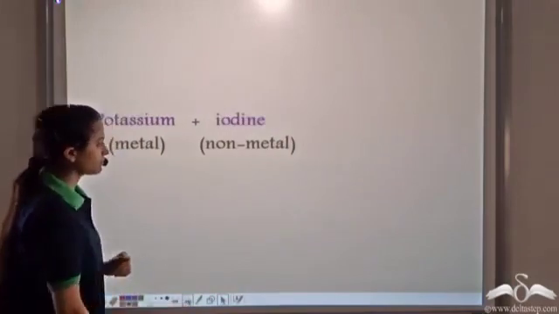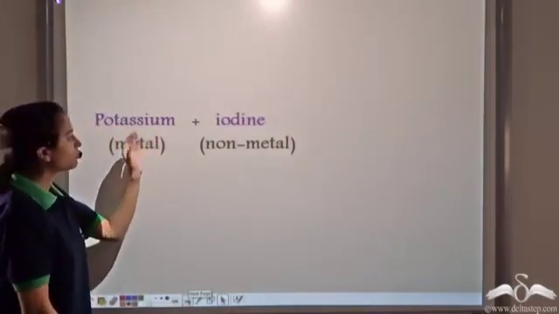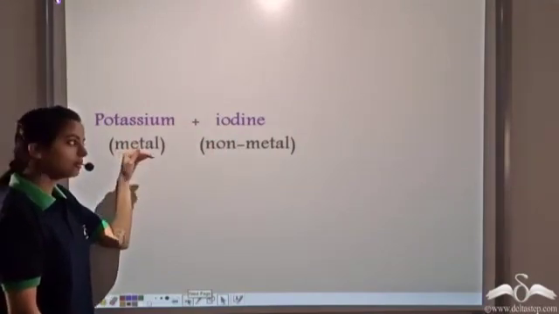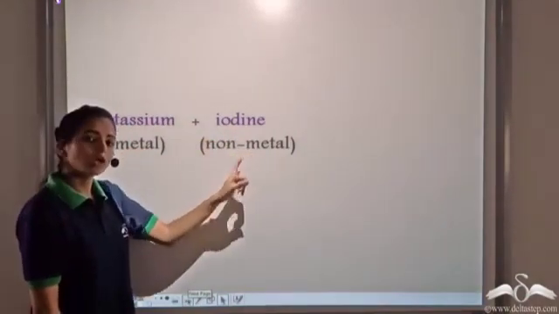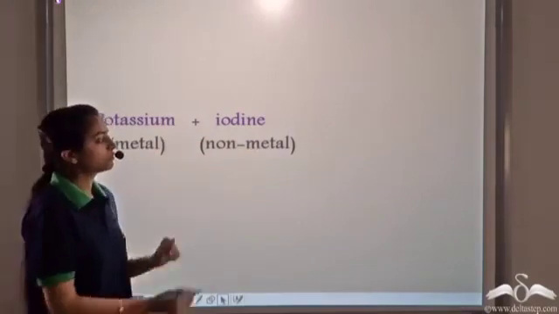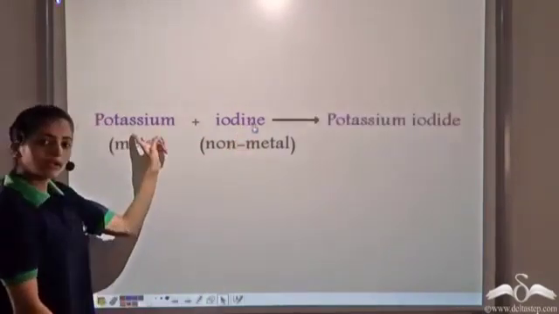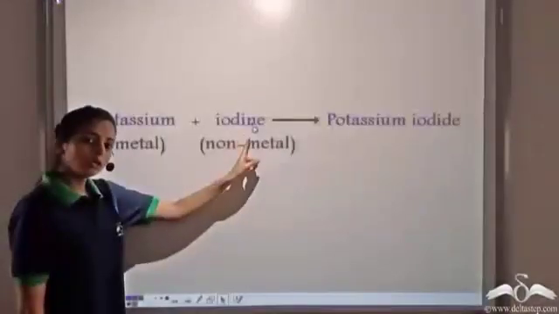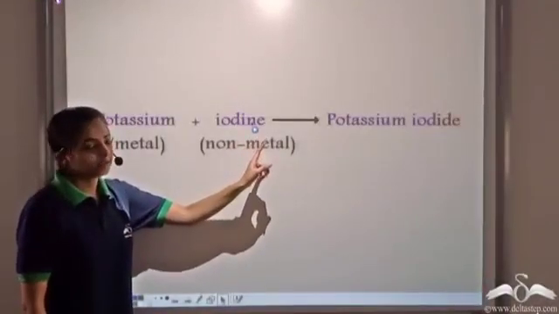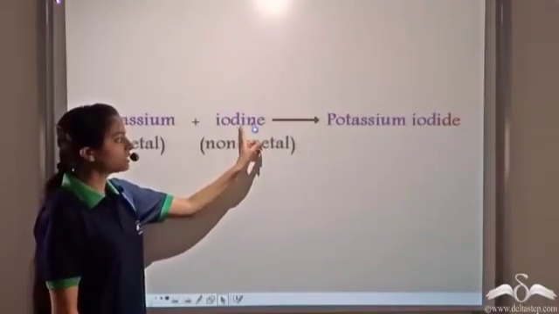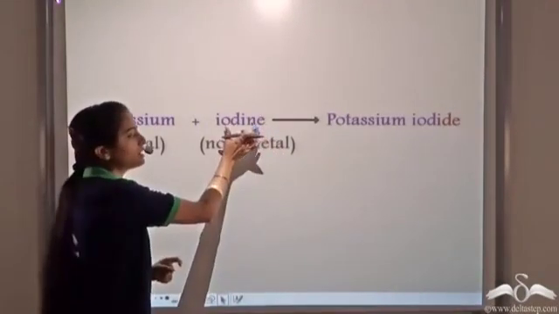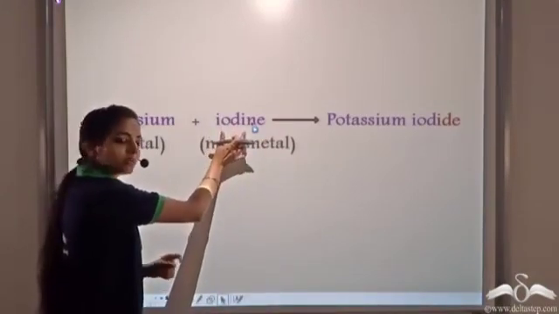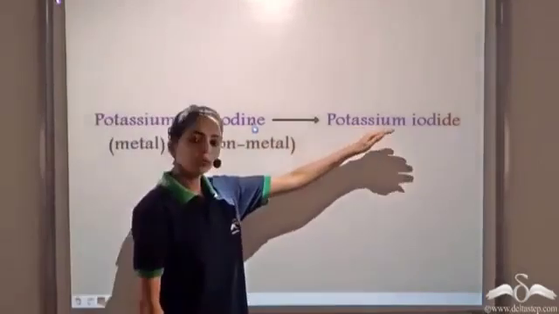Similarly, say we have another compound formed by potassium and iodine. In this case, potassium is a metal and iodine is a non-metal. So how do we name this compound? We first name the metal. The metal is named as it is, that is potassium. The non-metal gets the suffix "ide." In this case also you'll observe that "ide" is not added after the non-metal name. The "ide" is merged with the name itself. So we get potassium iodide.